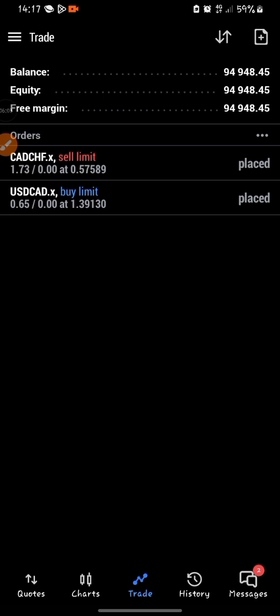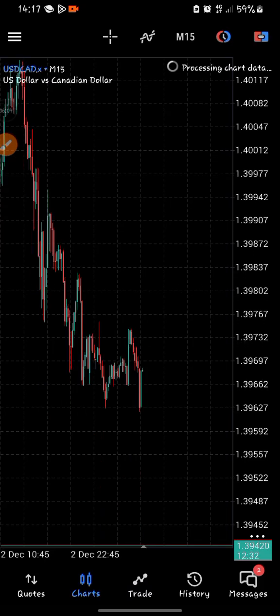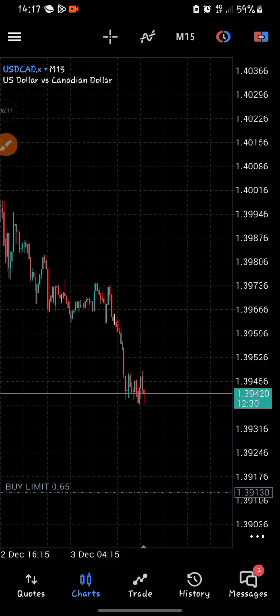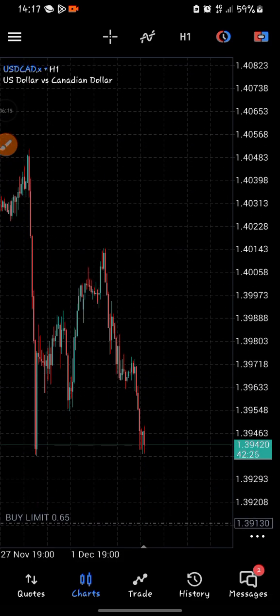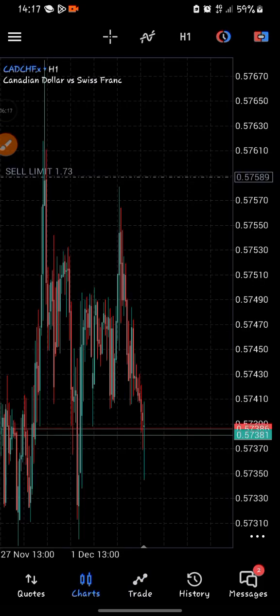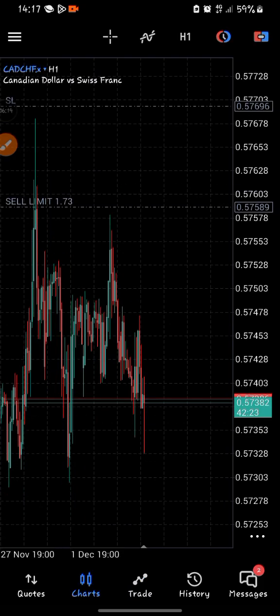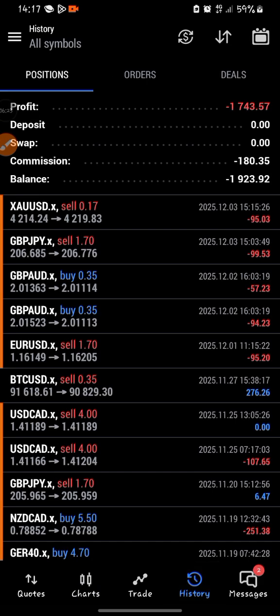I'm just doing some things I'm not supposed to do. Even these limit orders I set here, let me check them. I'm not supposed to set them. What time did I set them? Let me see this. But nevertheless, I think it's just left with $100. I'm not supposed to take almost all the losses.